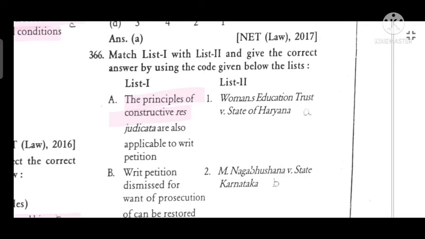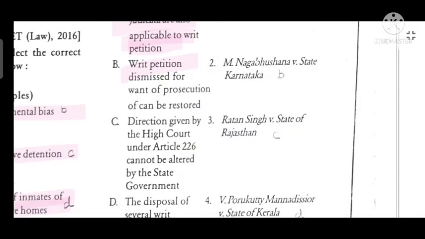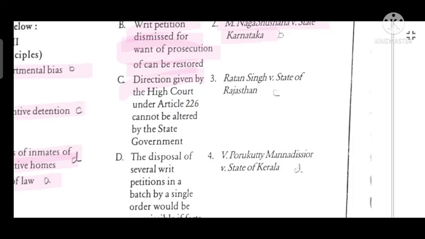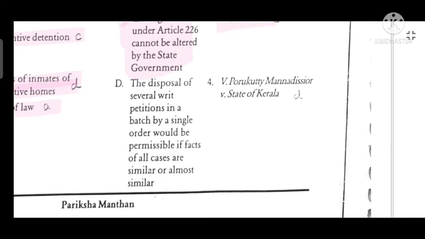The principle of constructive res judicata is applicable to a writ petition. Women's Education Trust versus State of Haryana: a writ petition dismissed for want of prosecution can be restored. M.S. Nagabhushan versus State of Karnataka: directions given by the High Court under Article 226 of the Constitution of India. Ratan Singh versus State of Rajasthan: